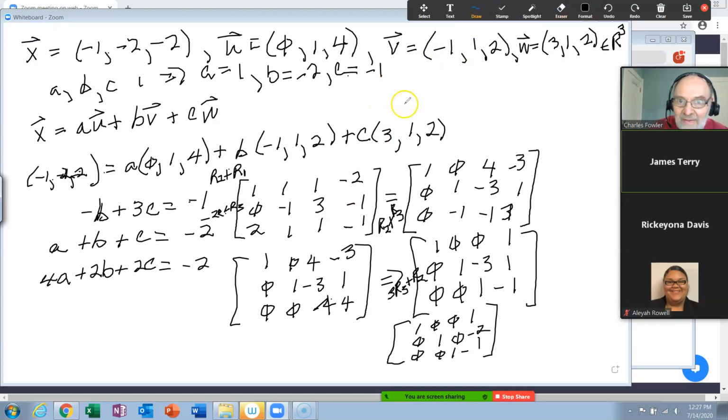Here's what the bottom line is here. This is now saying X is equal to U minus 2V minus C, minus W. That's the same thing the book got. Okay? Now, they say something at the bottom of the page.